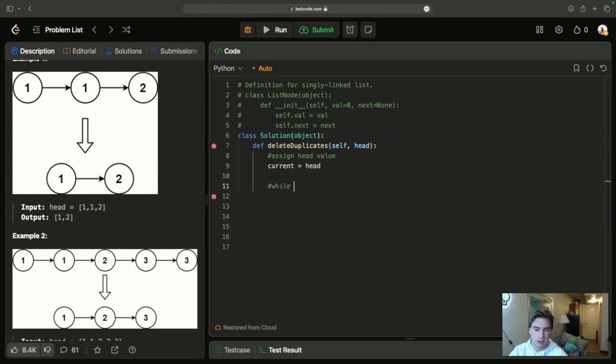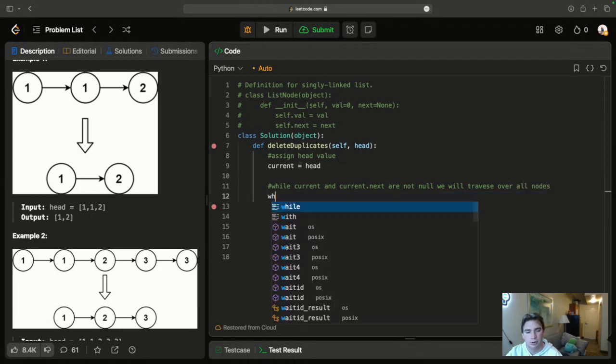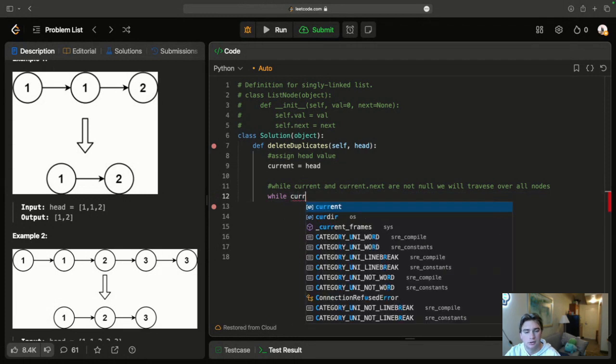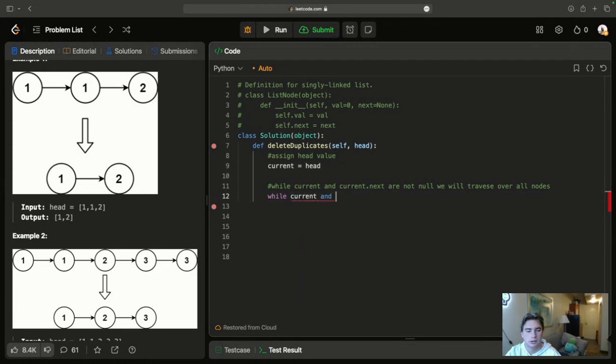And then while current and current next are not null, we will traverse over all nodes. Okay, so to do that, we're going to go while current and current